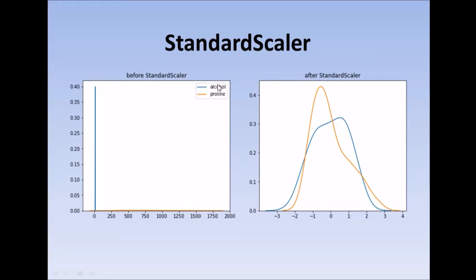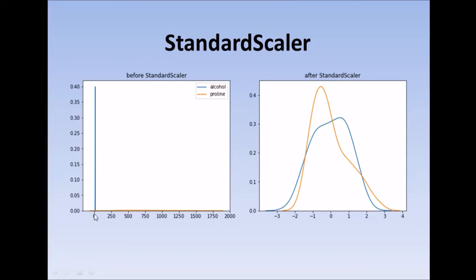Okay, so now just look at these two graphs. This is taken from a wine dataset which had different types of wines and the amount of alcohol and proline in their content, in the preparation. So now you see this blue line, this is just going from 0 until 14 or 15, and this orange proline line is going from 0 until 2000. So both of them are on different scales, and hence it is very imperative to scale them to be on similar scales.